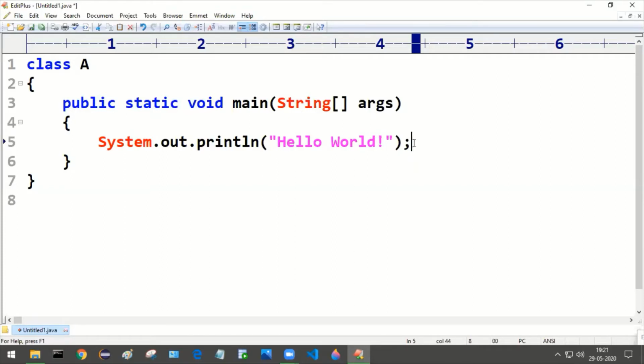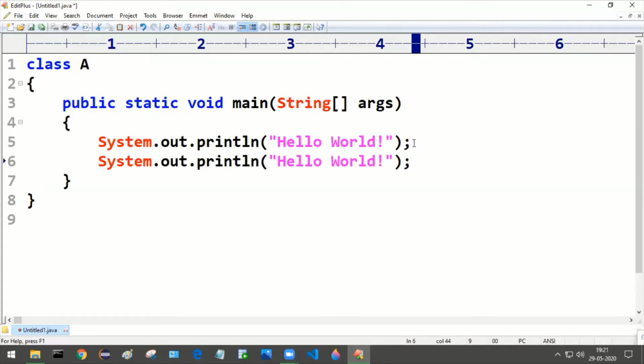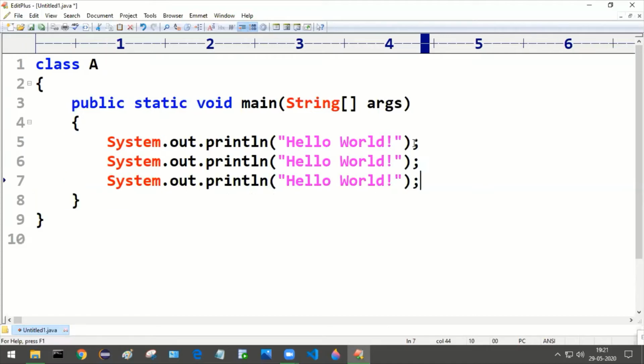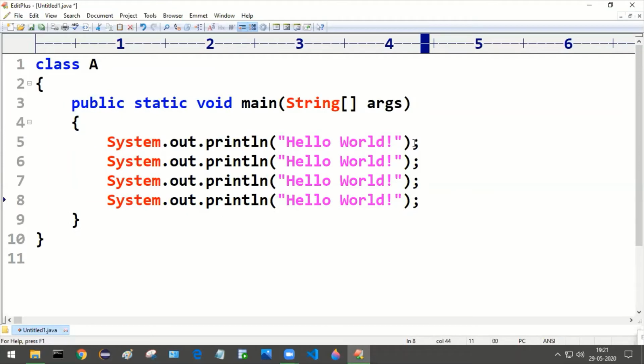Go to the end of this line and press Ctrl J. You will get the same content in the next line as well. Now I have included another two statements. Altogether we have 4 system.out.println statements here.